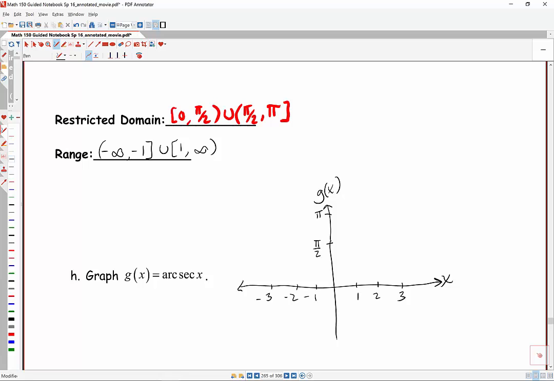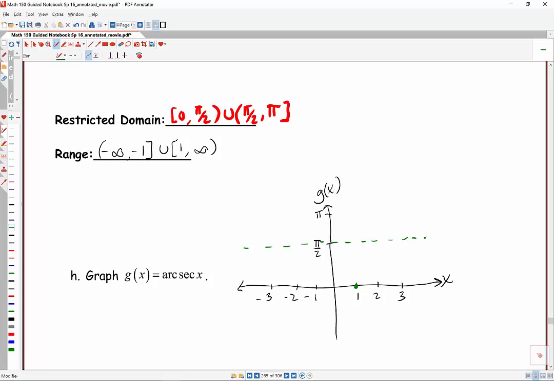And here we go. So on our original graph, we had an ordered pair at (0, 1). So what are we going to have over here? We'll be at (1, 0), right? Remember, we had a vertical asymptote at x is pi over 2. And so what we'll have is, if you look here,